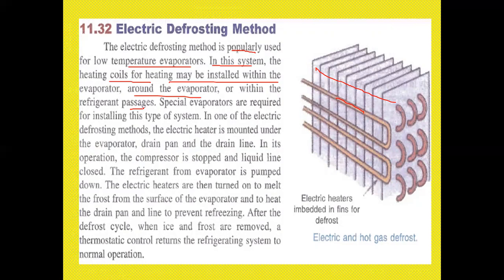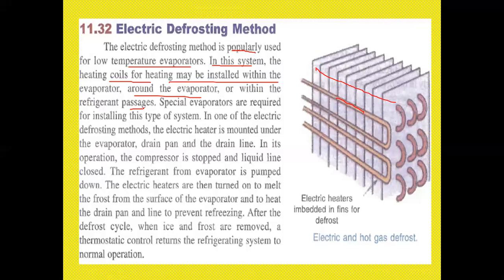In one of the electric defrosting methods, the electric heater is mounted under the evaporator, where the drain pan and the drain line are also placed. Now, during the operation, the compressor is stopped and the liquid line is closed. The refrigerant from the evaporator is pumped downwards, and the electric heaters are then turned on to melt